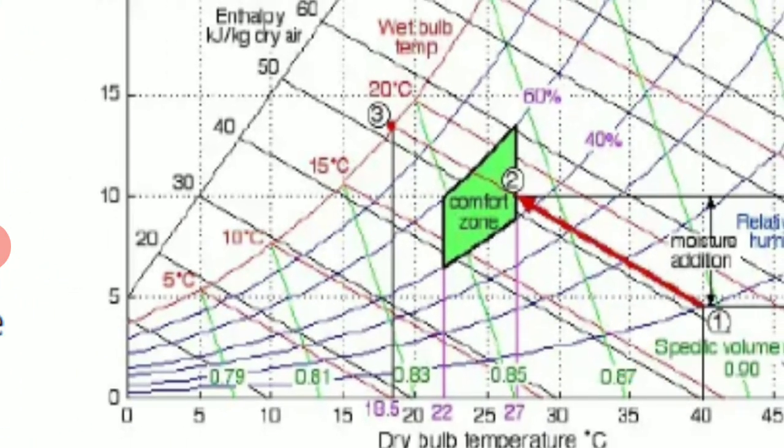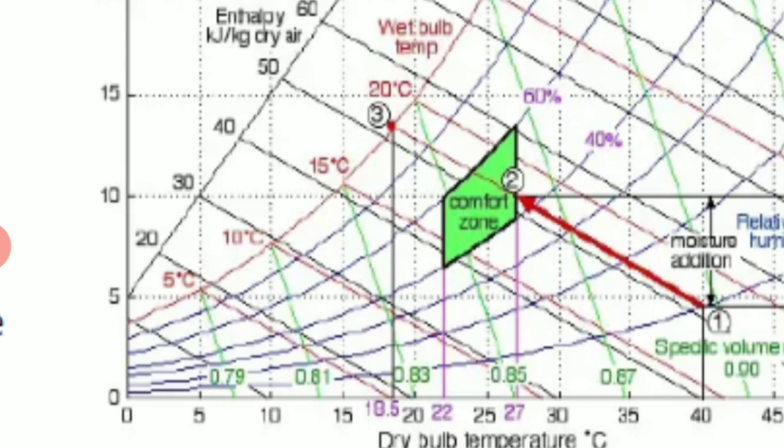First, mark 40 degrees Celsius and 10%, mark as point 1. Second step, mark 27 degrees Celsius and draw a vertical line upwards. From point 1, parallel to the wet bulb temperature, where this line and the 27 line meet, mark it as point 2. The final relative humidity at point 2 lies between 40 and 60. It is nearer to 40, so you can take it as 44 or 45 percent.